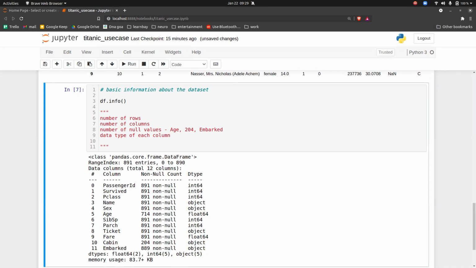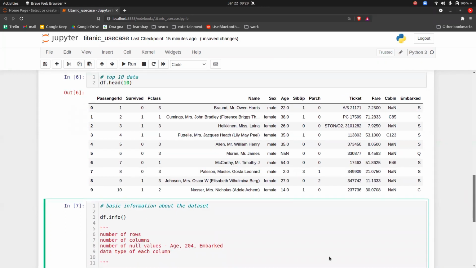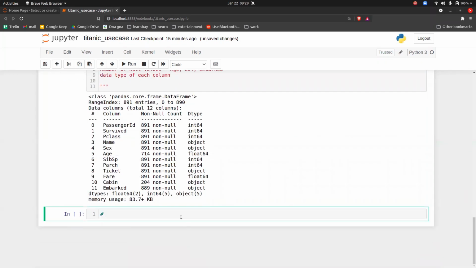Then the next step is, let's try to play with the data now. Everyone knows everything. So from here, I want to sort the data by names.